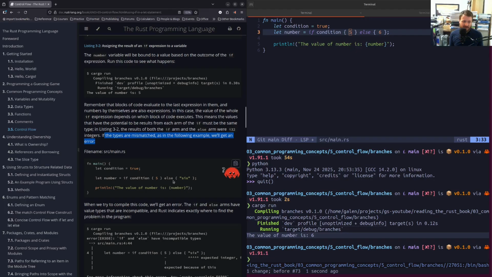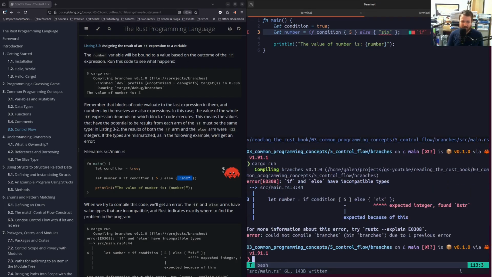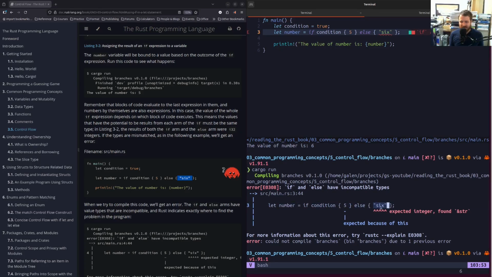So here, the thing that they've changed is they've thrown in a string literal or string slice thing 6, and now you can see there's already an error for something about incompatible type in my LSP, but we're just going to run and see what error we get. So we get if and else have incompatible types,